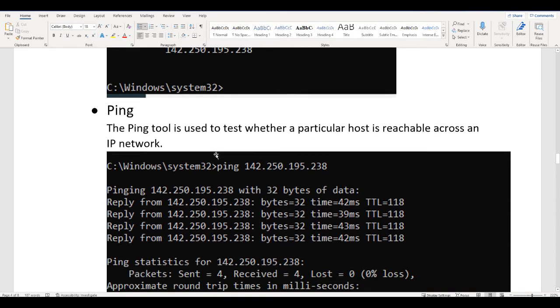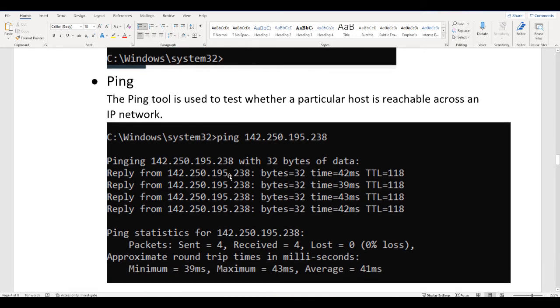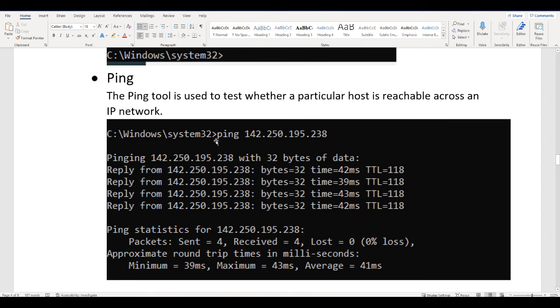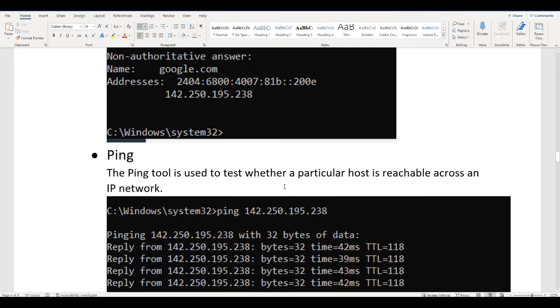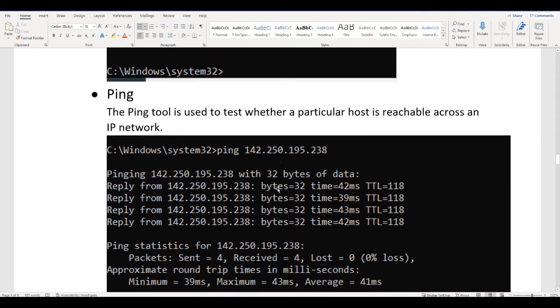The next command is ping. Ping is the most common command which we use. It is used to check if the destination machine is reachable or not, if it is active or not. In the command prompt you just have to type ping and the IP address which you are trying to check. So this is the IP address of Google, 142.250.195.238.